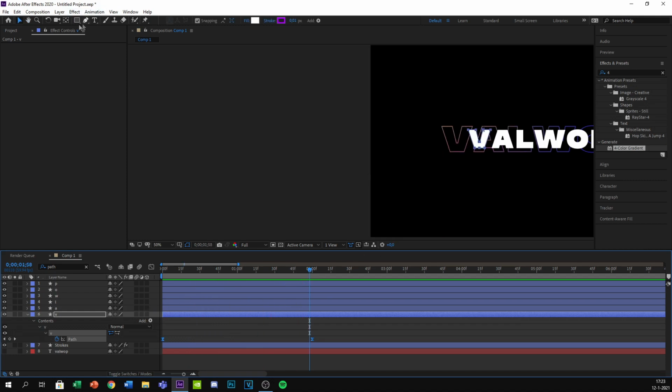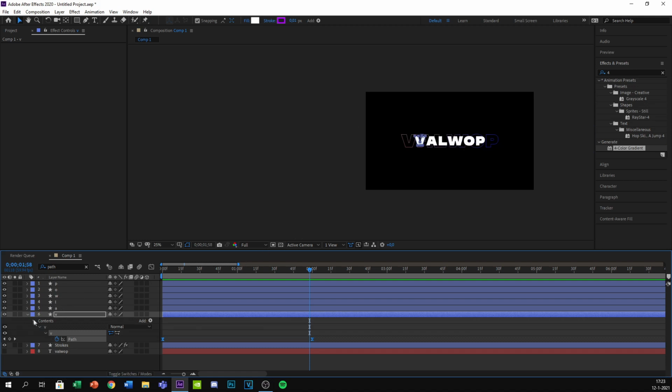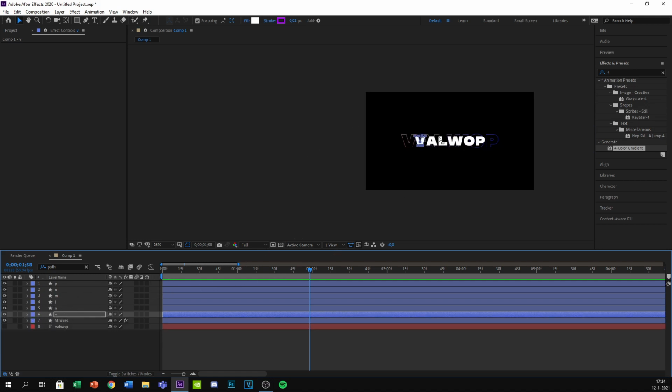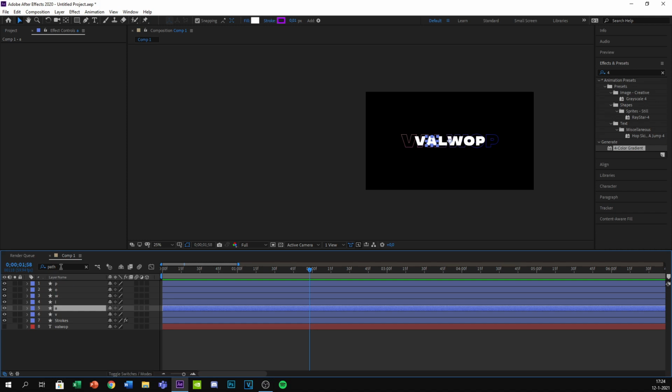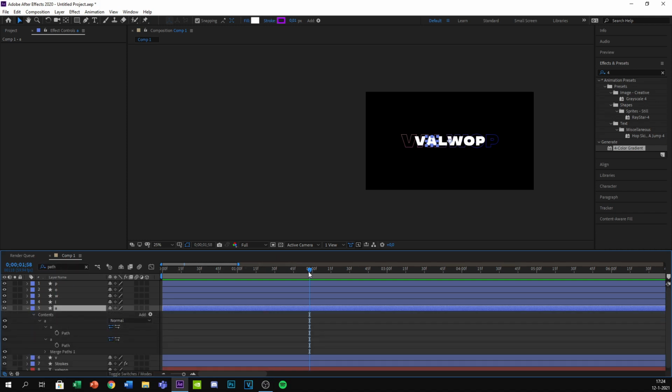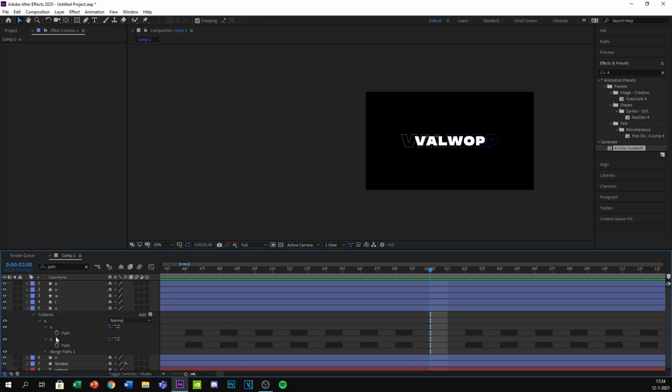Alright, so now we are going to be doing the A, which if we count our letters 1, 2, 3, 4, 5, 6, we have 2 coming from this side and 2 from the other side, and the L is going to be coming from the upper side and the W is coming from the lower side. So now we go to the A path and we go to 2 seconds where it was supposed to end. 2 seconds and create a path.